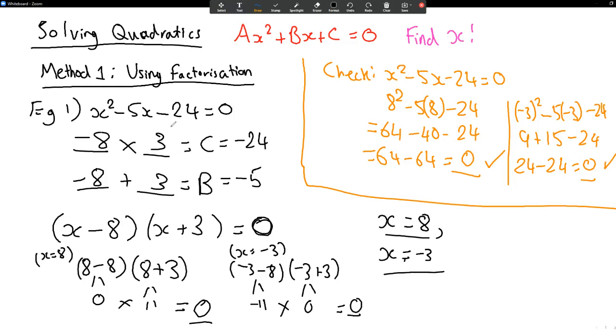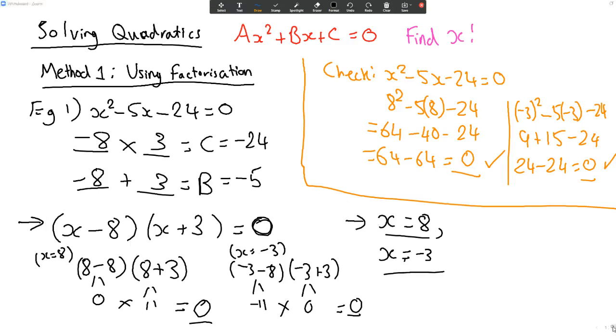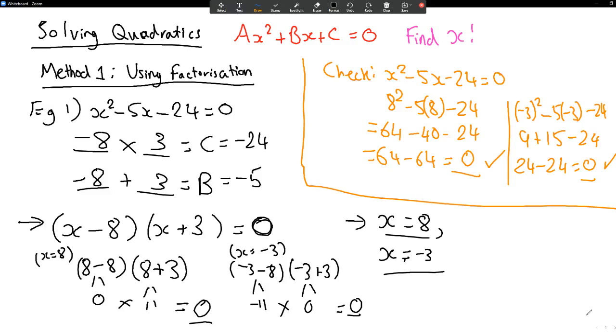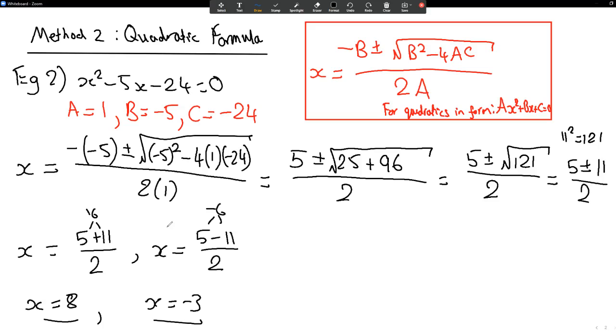But remember, you'll still have to use factorization if they ask you to factorize, because factorizing is getting to this point, solving is getting to this point. If they ask you to factorize, you have to use this method. If they ask you to solve it, then you can use the quadratic formula. But obviously, if the question specifically asks you to use factorization or the quadratic formula, you have to follow the question. Okay, so next time we'll have a look at the last method of solving quadratics, and also how quadratics are represented on a